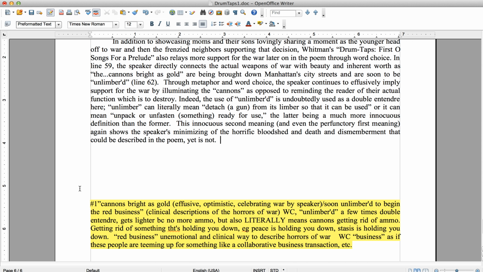And then we want to add later still in line 62, the speaker elucidates, describes, relays, depicts the war as red business,